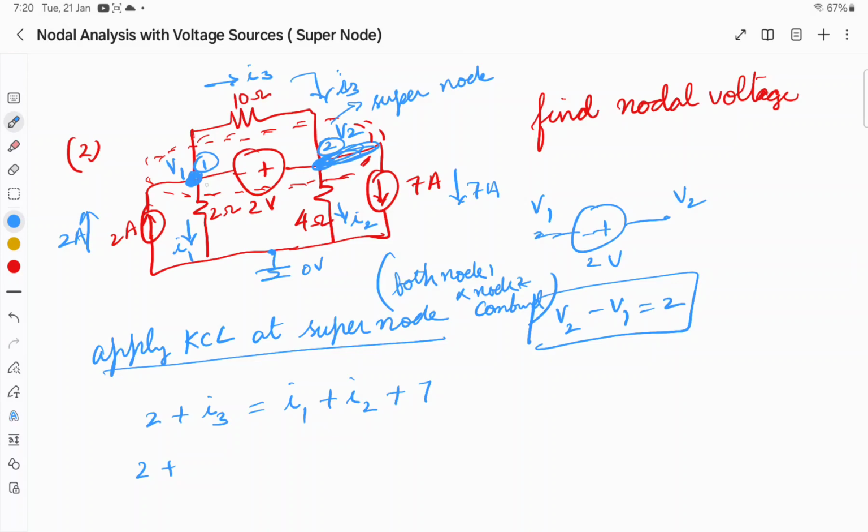What is the current leaving? If you look at node 1, your I3 is leaving. So you have to write I3 is also leaving, right? I3 is leaving node 1 and entering node 2. So this is the leaving I3, this is the entering I3. So these two will get cancelled out. Okay, so it's going to be